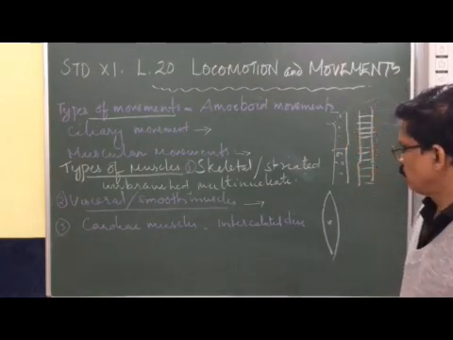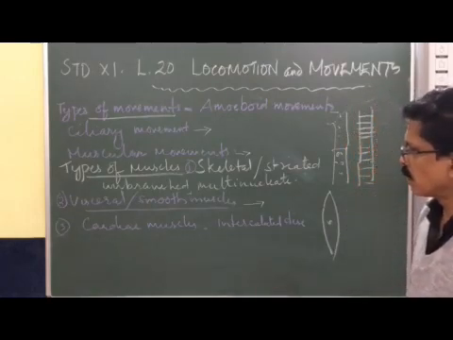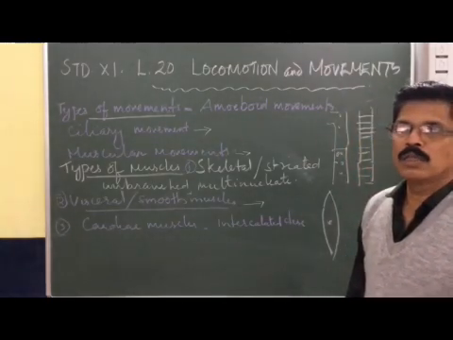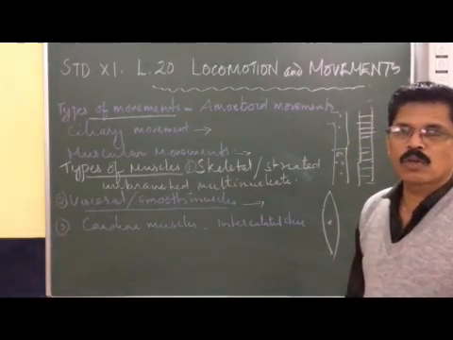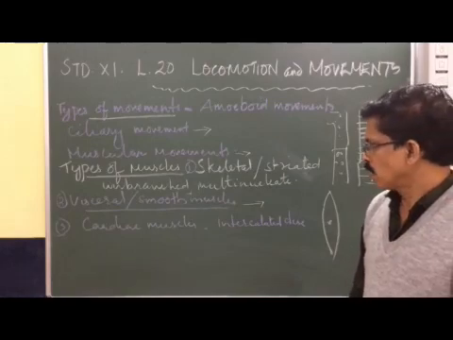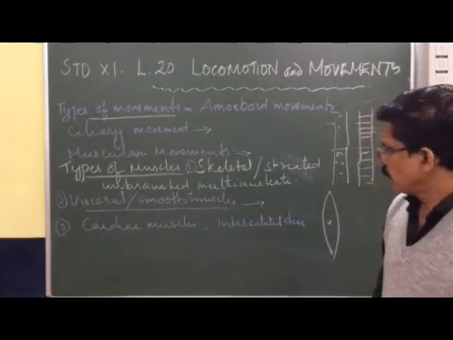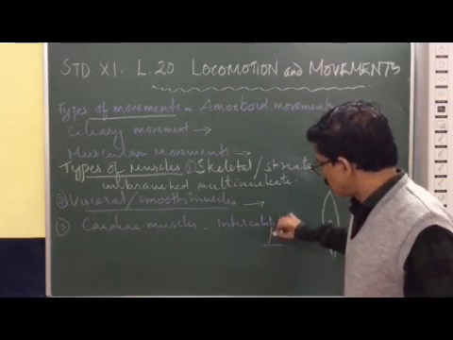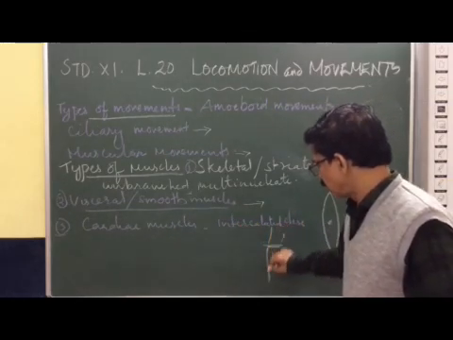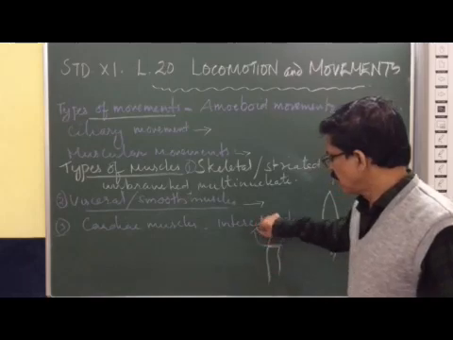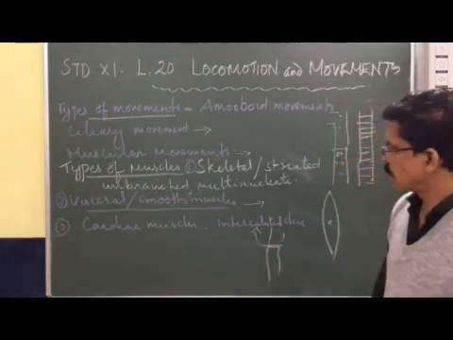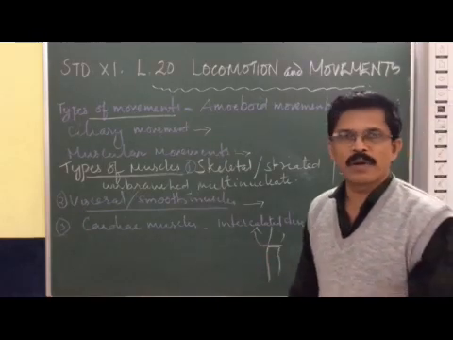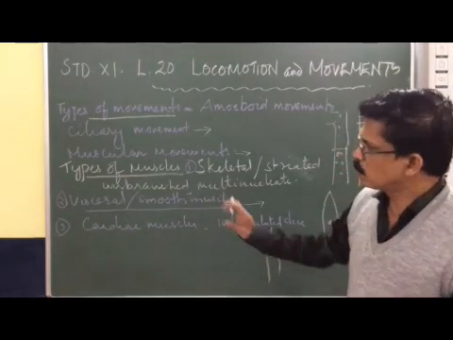Cardiac muscles. The most important feature of cardiac muscles is that they work 24 hours under rhythmic contraction. These cardiac muscles are unique in having the intercalated disc. Between two muscle cells you can see an intercalated disc. That makes these muscles work 24 hours. They are also involuntary muscles. That's all in this module. Thank you.